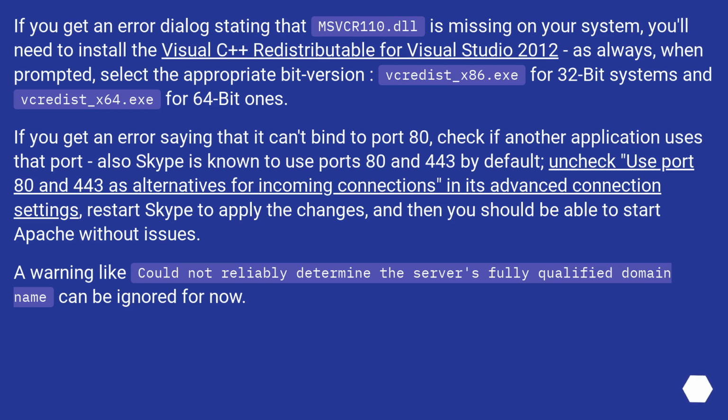msvcr110.dll is missing on your system, you'll need to install the Visual C++ redistributable for Visual Studio 2012. As always, when prompted, select the appropriate bit version: vcredist_x86.exe for 32-bit systems and vcredist_x64.exe for 64-bit ones. If you get an error saying that it can't bind to port 80, check if another